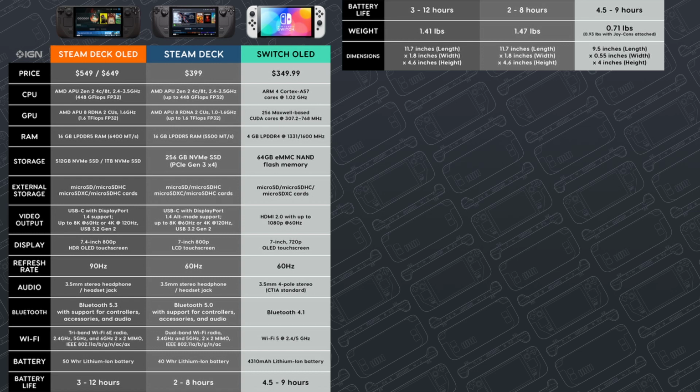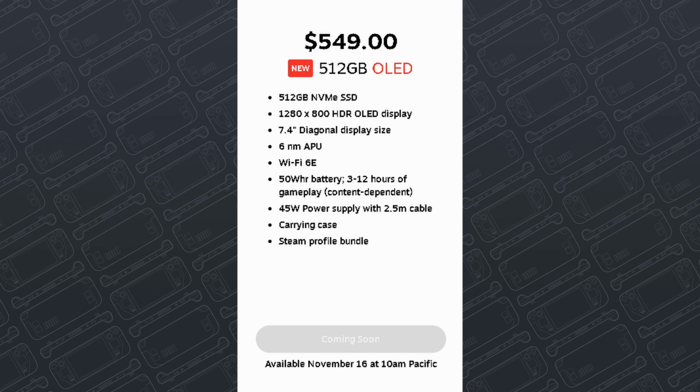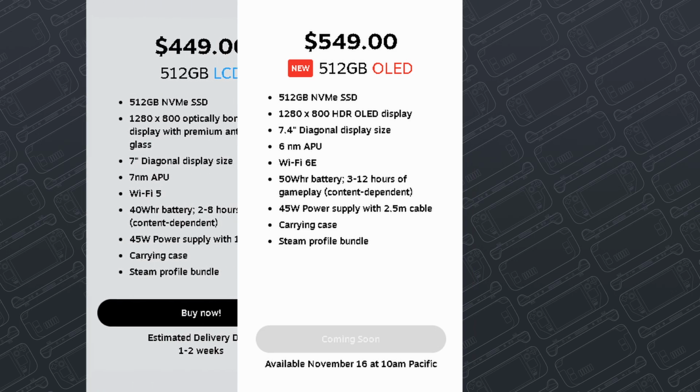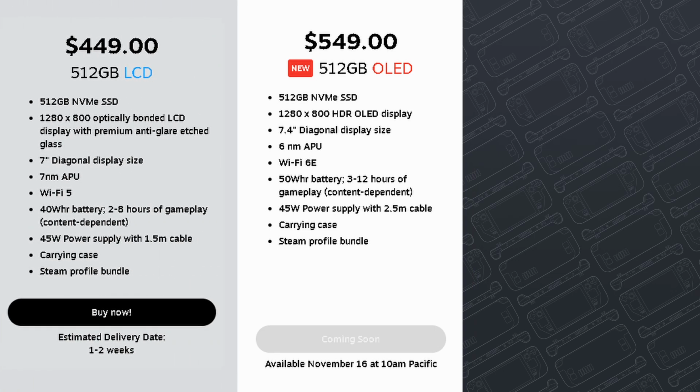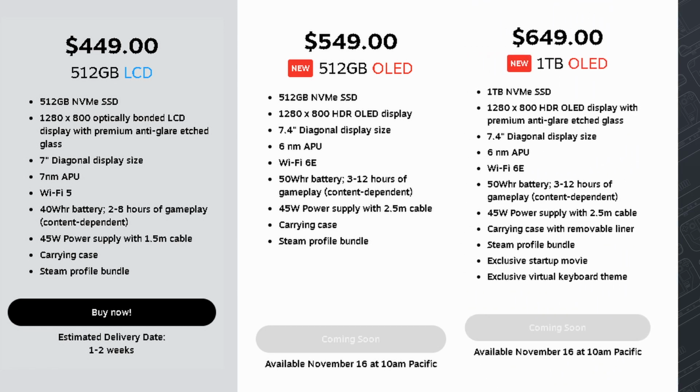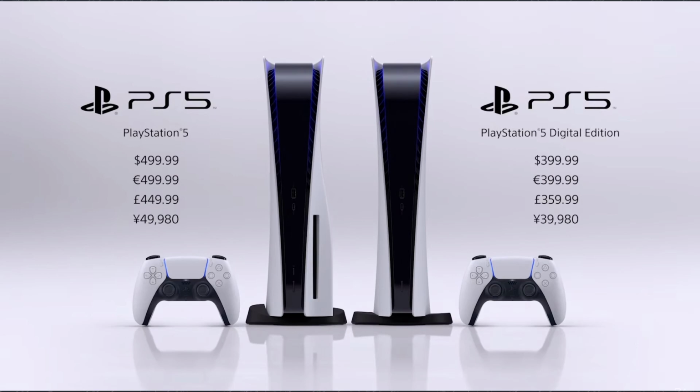So the 512GB version of this is going to come in at $549, which is $100 more than for the same size of the LCD model. As for the 1TB version, that'll run you a full $100 more than that at $649. This is obviously a lot more than a Switch, which is anywhere from $200 to $350 depending on the model. Heck, this is more expensive than a PS5 or Xbox,